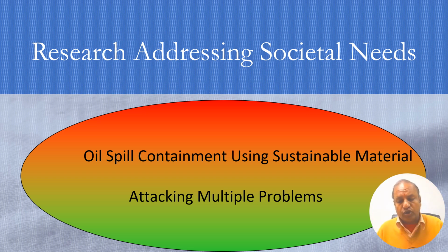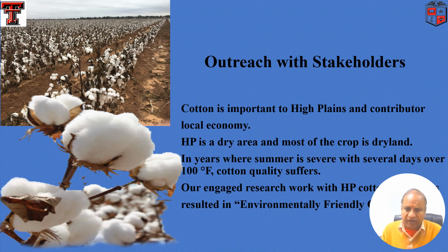The first example I showed you is how to protect soldiers, how to protect humans. That means to save them, to save their lives. So that is health related. The second one, this product, is known as a sustainable oil absorbent, which is used to protect the environment. So this gives opportunities. Why we did this: we always make sure we work with the